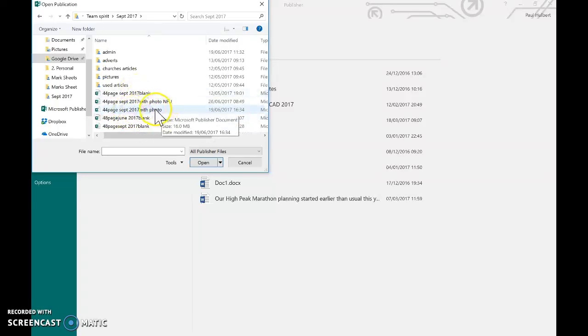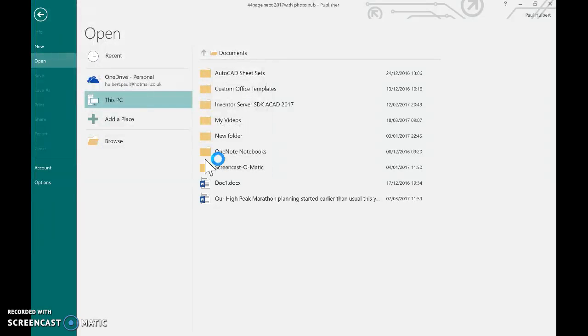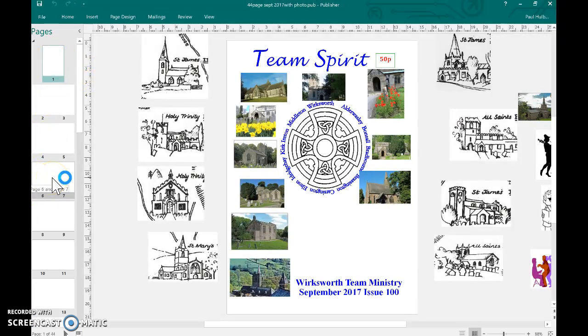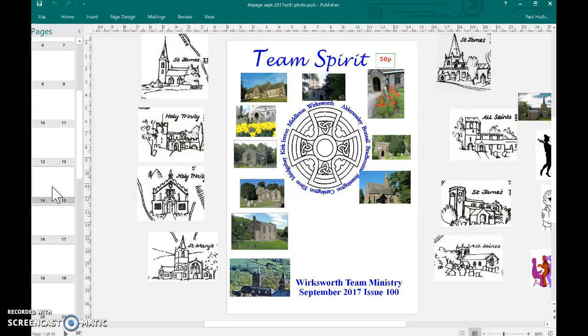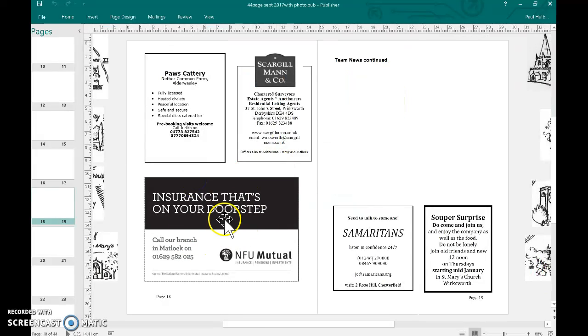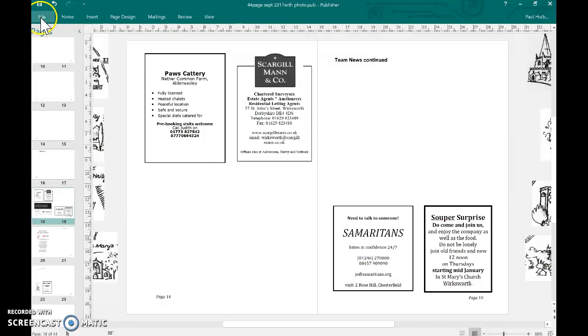This is the one I've done for you, you might have found by now. Press open, and on page 18, if I double click on page 18, it'll open this up. This is the old one, so they've not changed it much, but they've changed the size of the things. So if I delete that one and I do File,